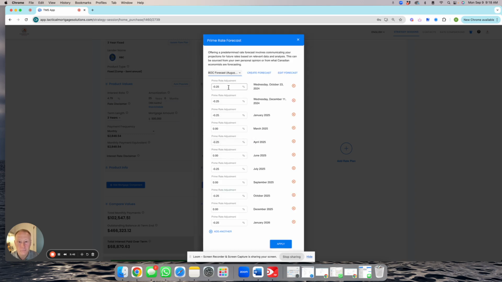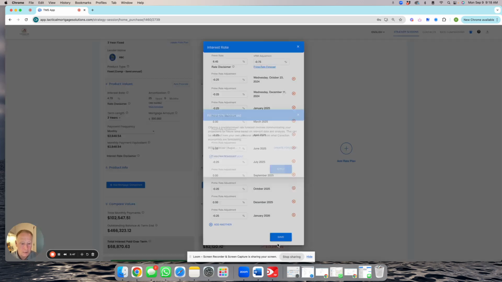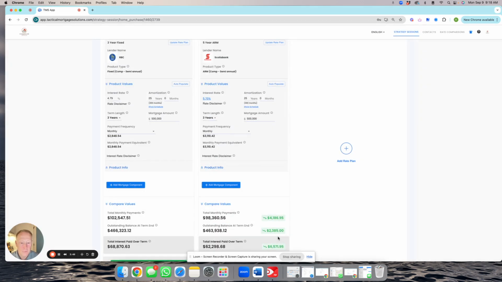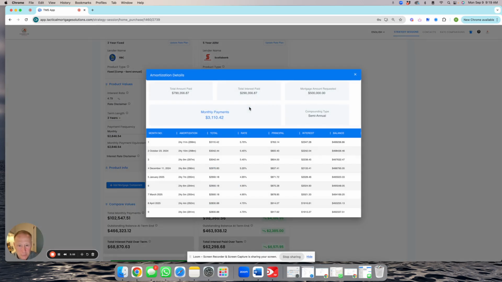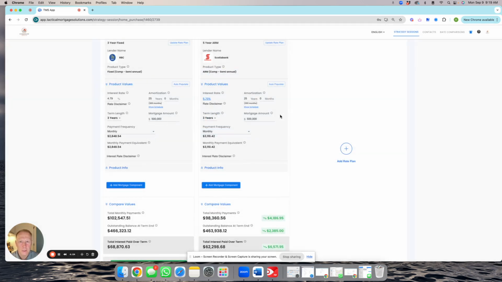And in here, what I've done is I've predicted or forecasted these prime rate drops. Once I hit apply and save, it will let you know what happens over time with the prime rate drops. You can also show the client that as the prime rate drops, your payments drop. Now be careful that if you end up getting into a comparison with a variable at RBC, then